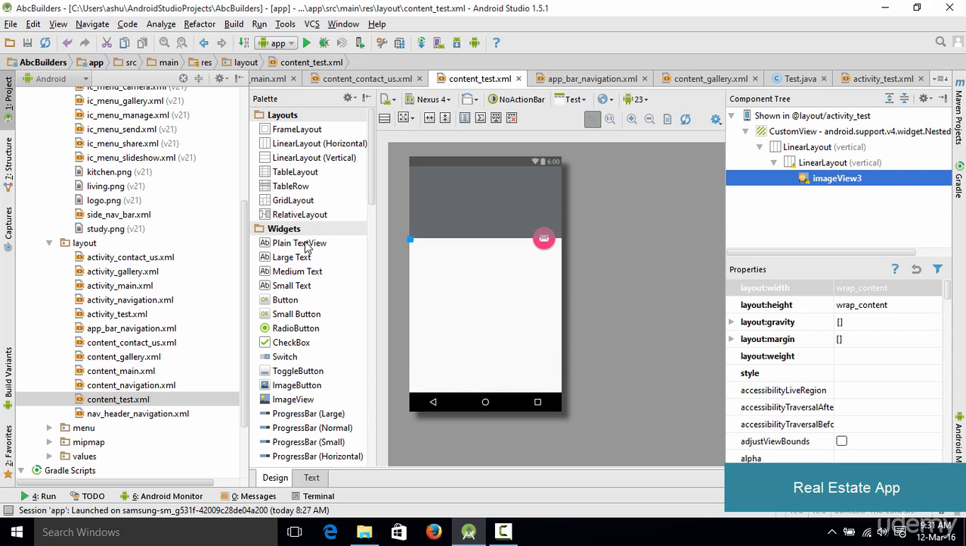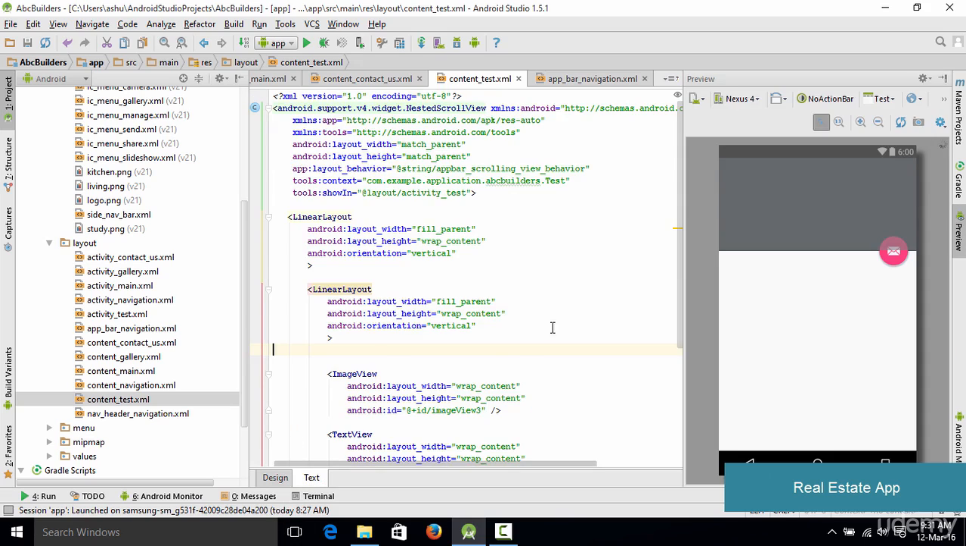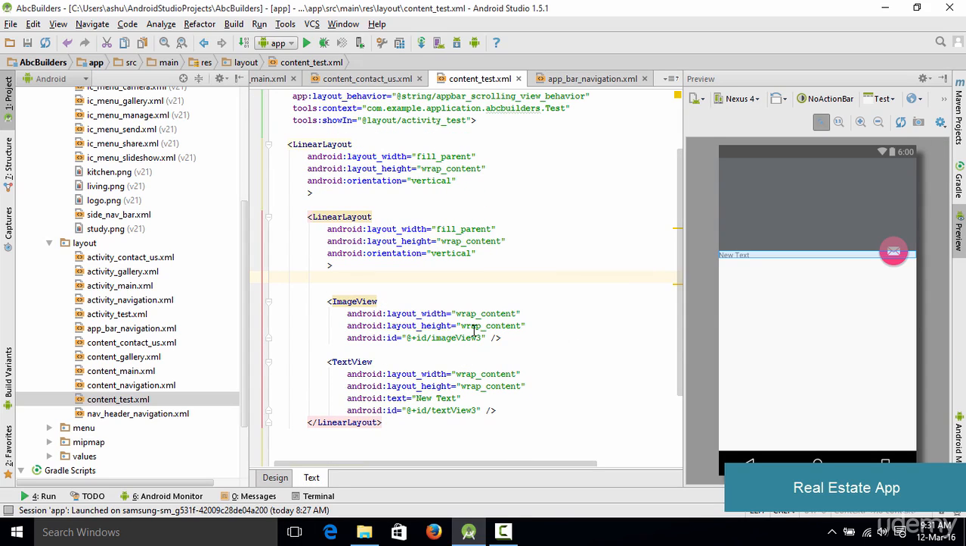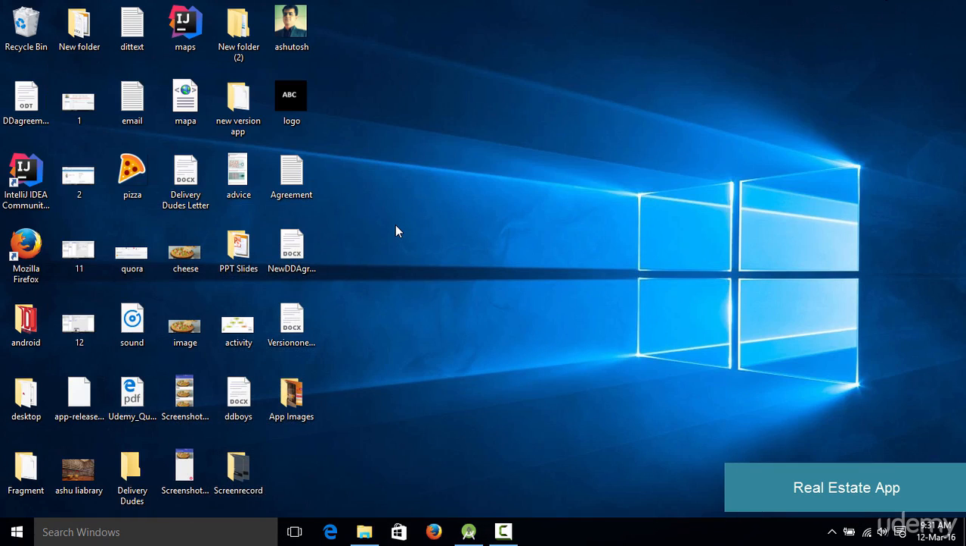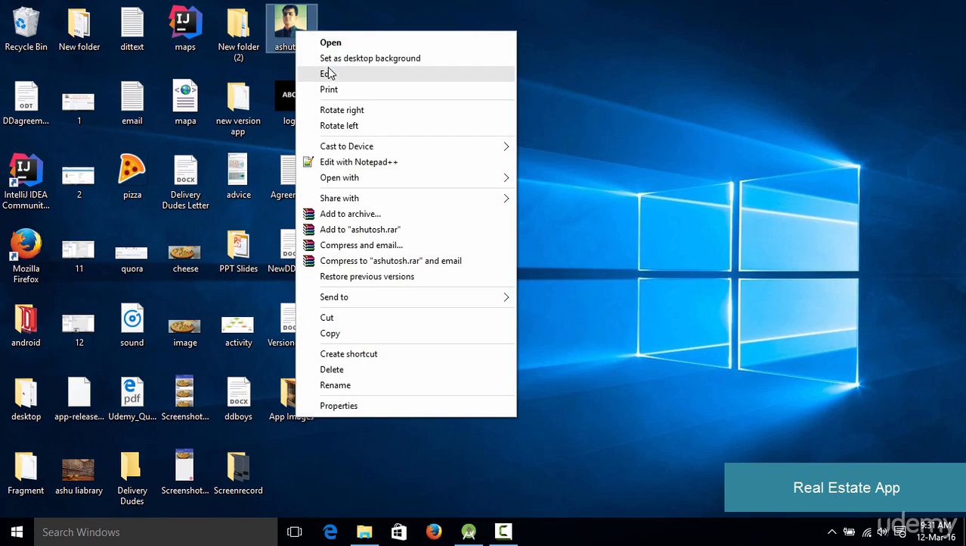Let's say this is a plain text view and we add it right over here. Now once we have these two things added, if we switch to this view right here, as you could see, we have this thing created. Now the only thing we need to do is add in an image and the text over here. I have my image right over here,